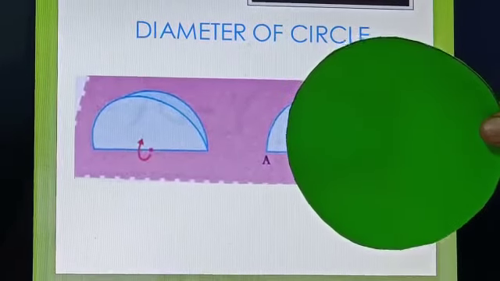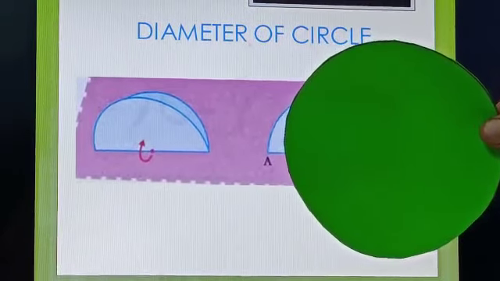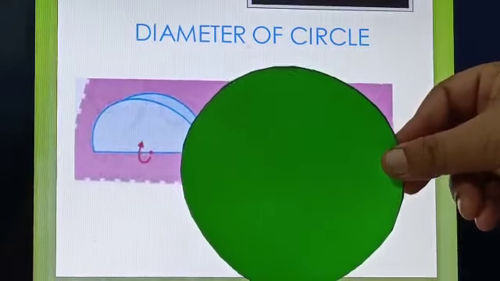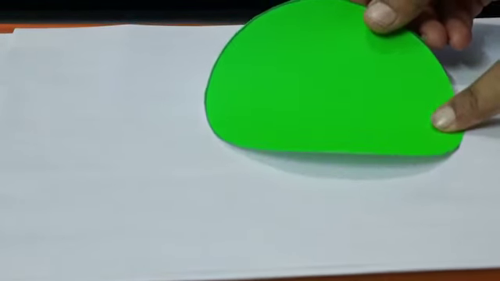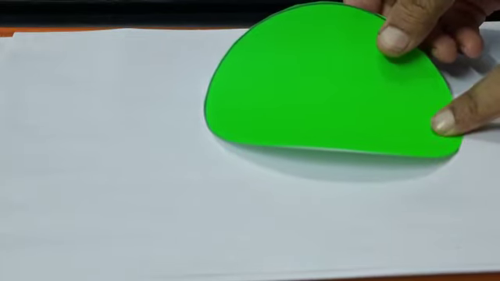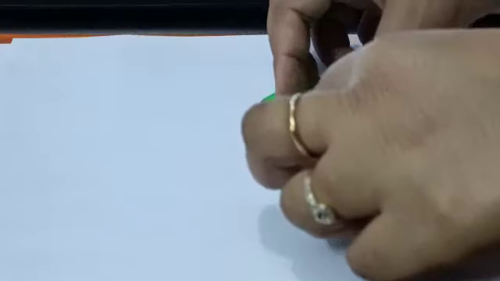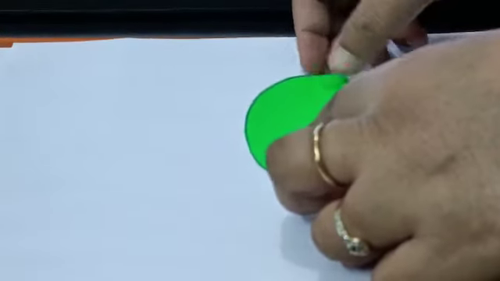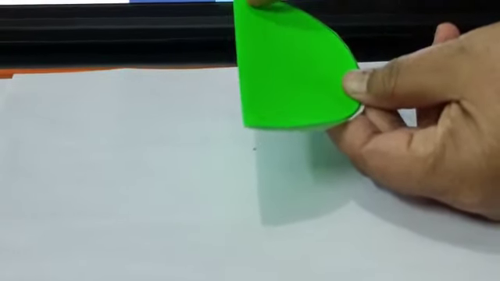Now we'll take the second circle to show the diameter of the circle. Let us proceed. So in this circle I am going to show the diameter of the circle. I'll give just one fold to this circle, and the crease which I get here, this line, is called the diameter of the circle.